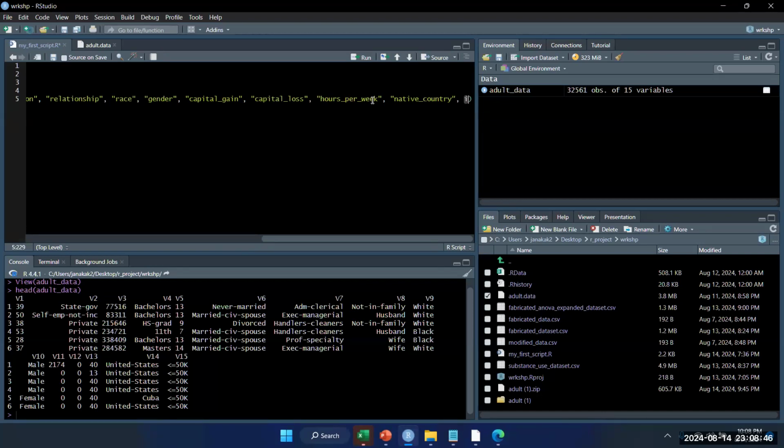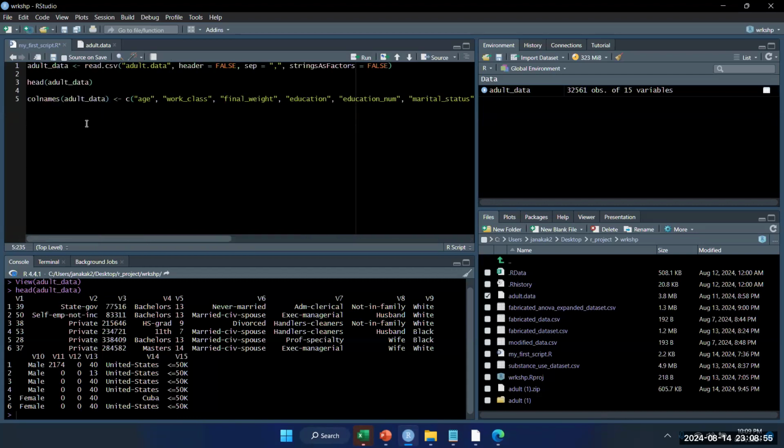And then finally, the income. Okay, so this should rename. So if you run this,